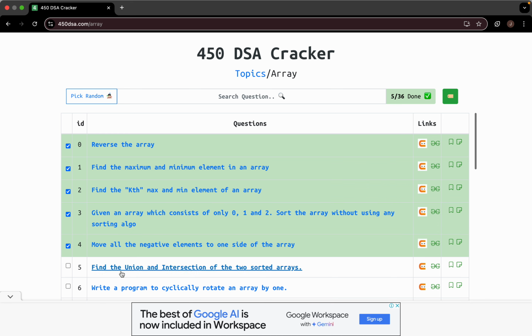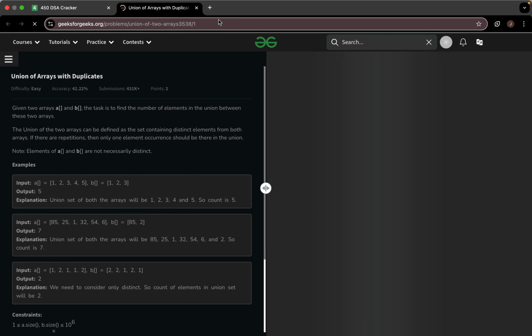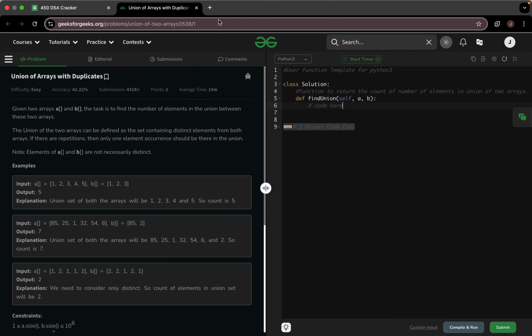Today we will do our sixth day streak, and it is the fifth question, finding the union and intersection of the two sorted arrays. Okay, let's click it and head on to the link and the question. So in the given question it is given that